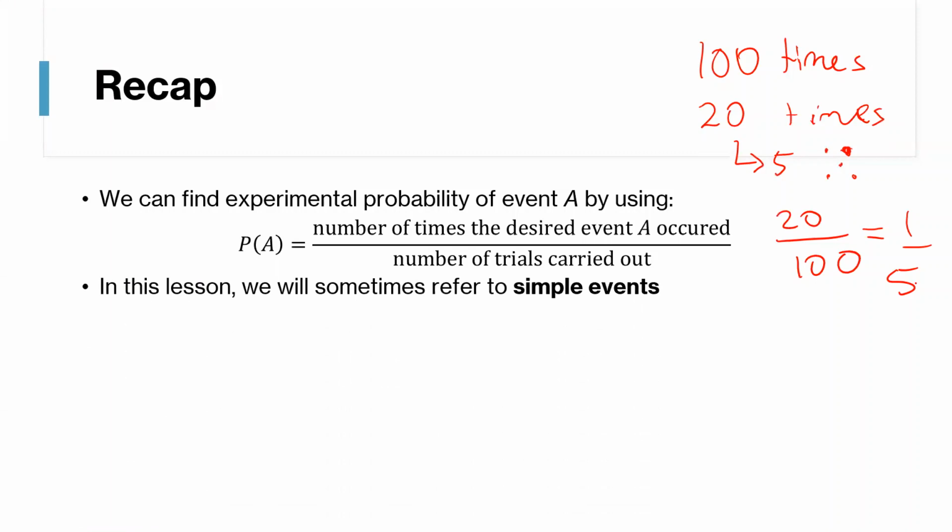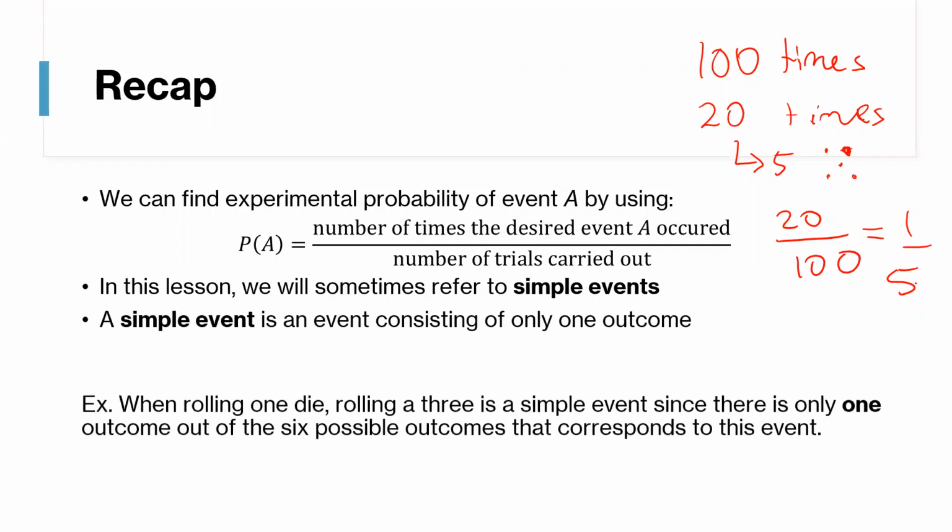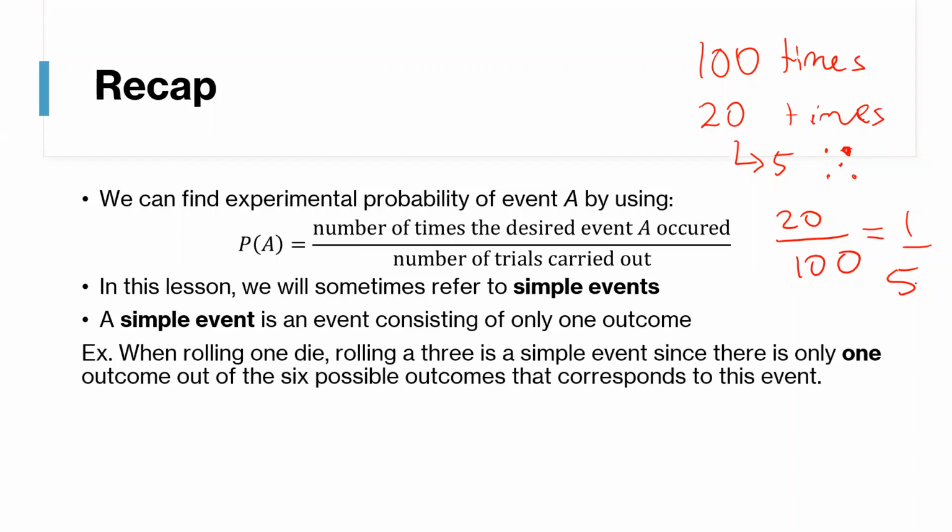So up to this point, we haven't introduced a couple of new terms, one of them being simple events. A simple event is essentially an event that only consists of one outcome. So an easy example, if you're rolling a dice, rolling a 3, that's one of the possible outcomes, right? 1 of 6, and that's a simple event because there's only one outcome that matches up with that. And that's pretty obvious, right? The only way that you can have a result of 3 is if you get the side with the